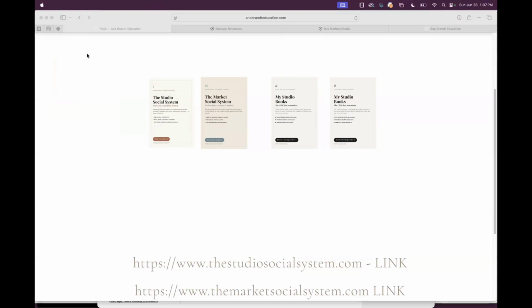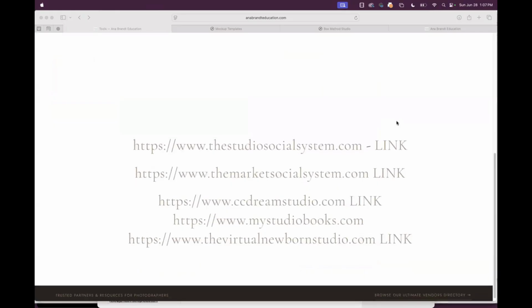If you don't have any of these programs, post in the chat if you have no idea what I'm talking about. I would love to know what you have, what you don't have, just for my own sake. You could just post what you have, what you don't have, or if it's all foreign to you. I just want to make important notes, and I'll say it again at the end.